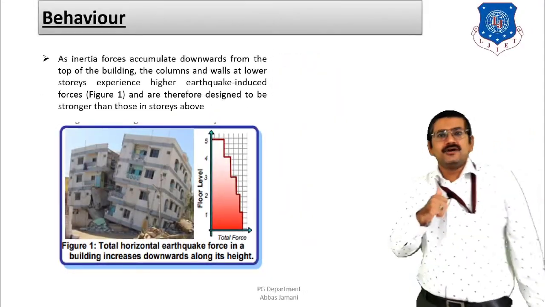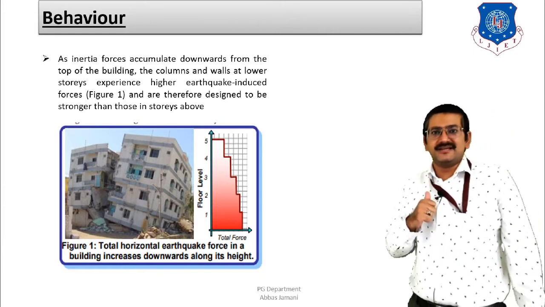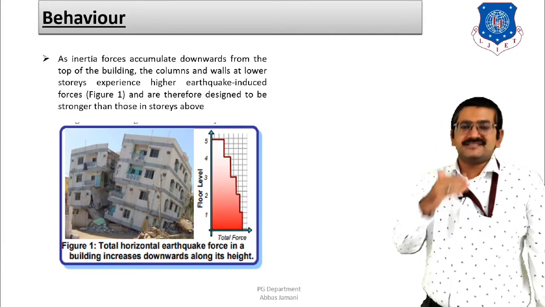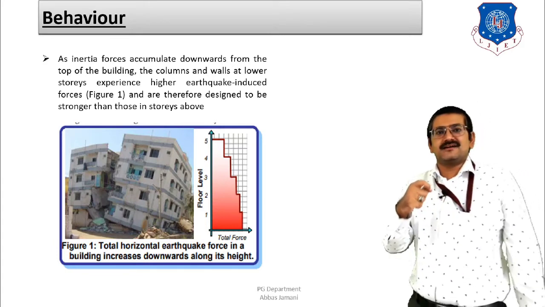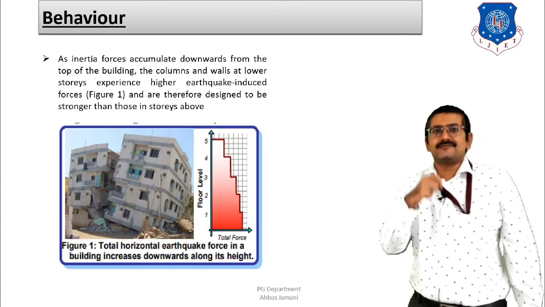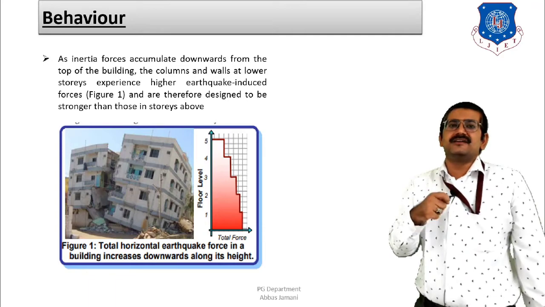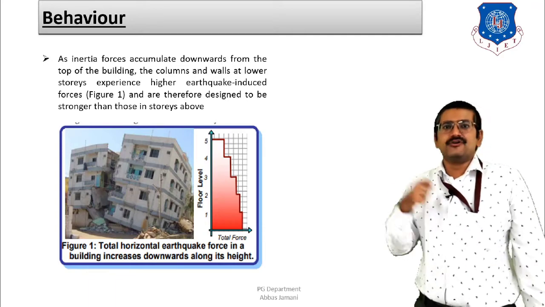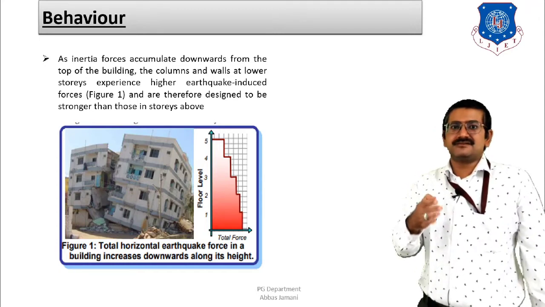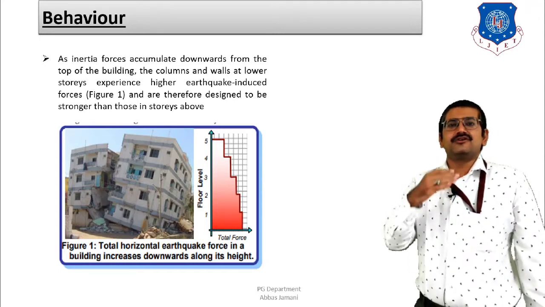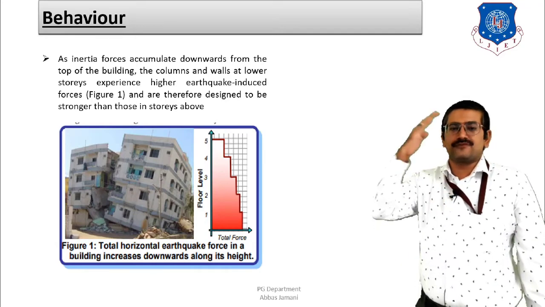Right. So now what is going to happen in case of RCC buildings, that once the inertia forces are generated, we know that the inertia forces are a component of mass, and as we know that the more the mass in the building, or the more the dead load in the building, the more is going to be the mass, and the more the mass, as a result of that, the more earthquake force is going to be there. And as we have discussed the sequence, the load transfer mechanism is going to be from top to bottom.